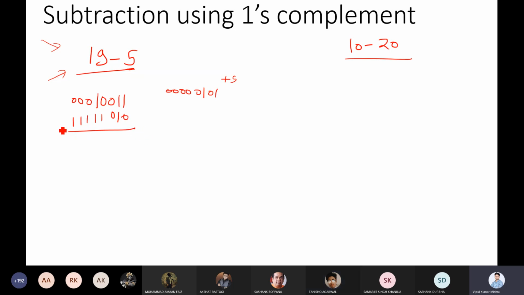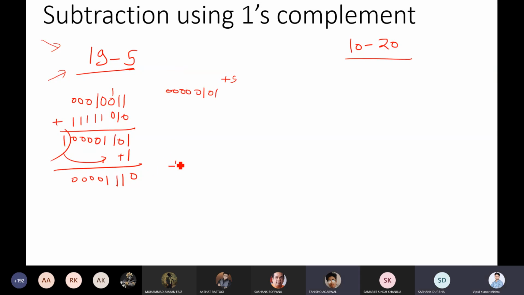Right. Now you need to add them. Again, important point, we need to add them. Here you do not need any subtractor, a component known as a subtractor. Even for subtraction, you do not need a subtractor. You are using only addition. So here you have 1 1 1 0 1 1 0 0 0 0 1. Once you get the carry, you have to add it here. So I am adding this carry here, and you'll get 0 0 0 0 1 1 1 0. Is it the correct answer?